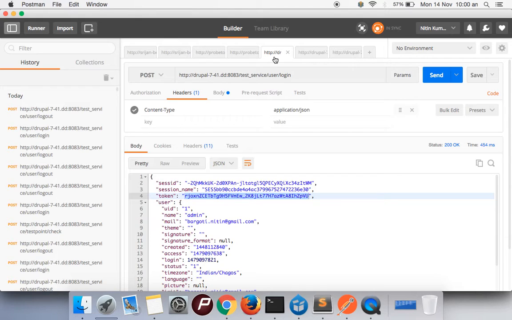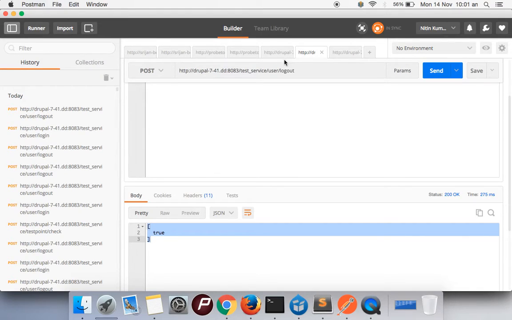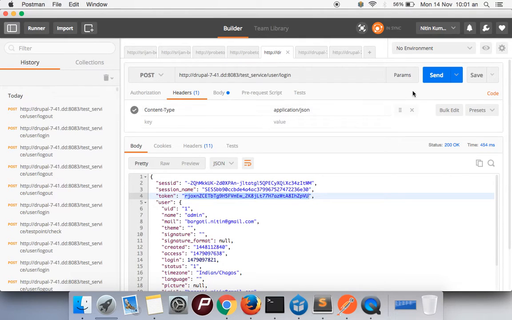So this is how user login and logout work through our API services module. So this is very important when we create any service in Drupal and we want to make sure that the user is logged in with all kinds of authentication. So this helps pretty much. Okay, now how will we check that this particular authentication is working or not? For doing this, we need to log in again,